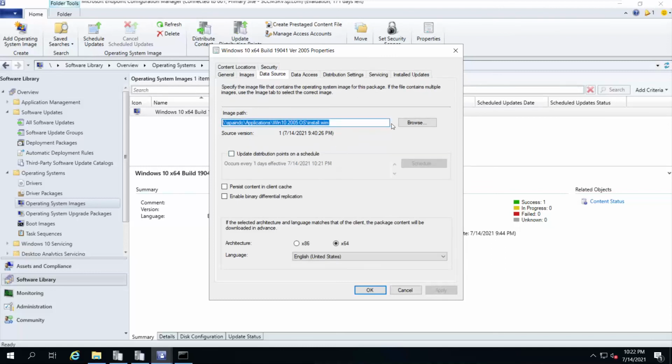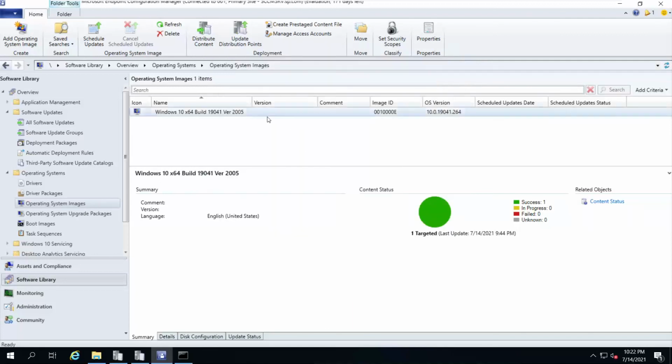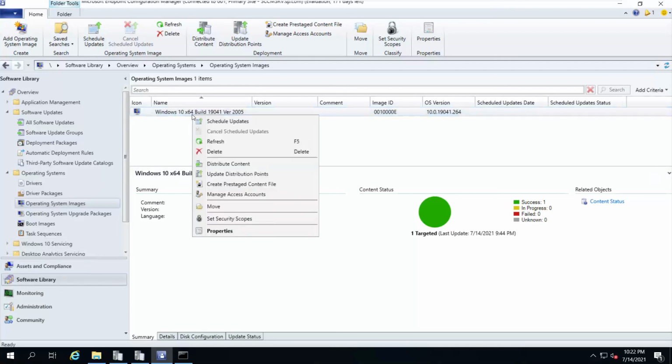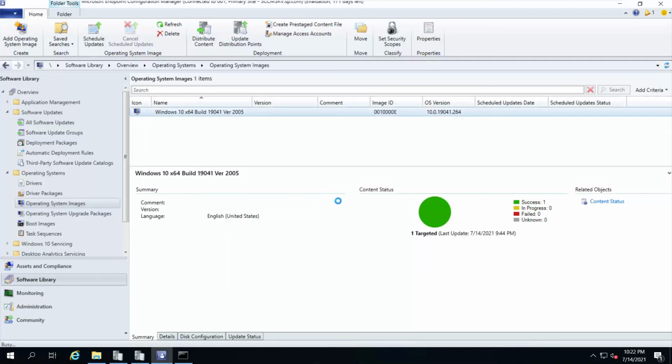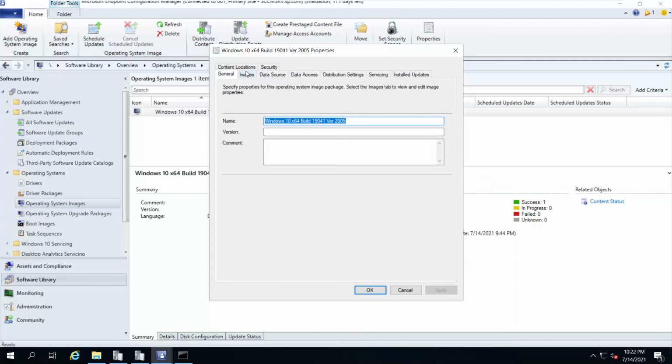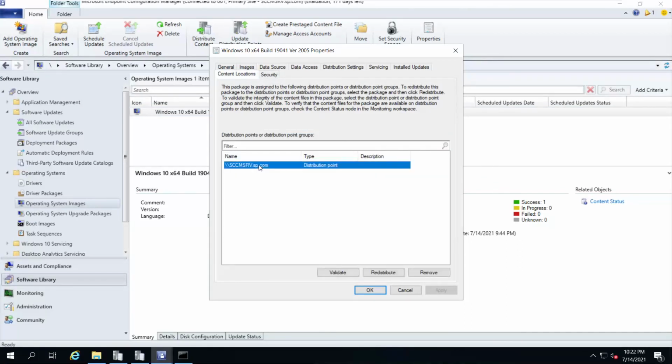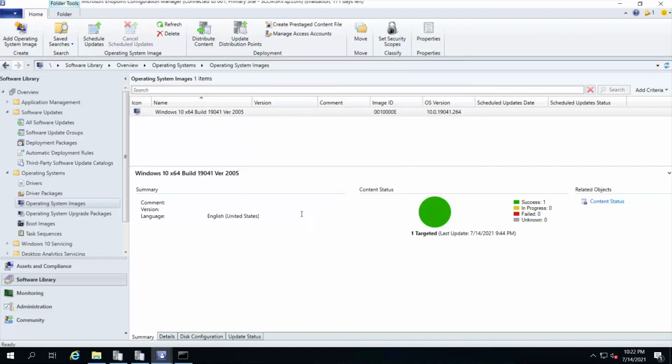So once I modify the data source, how can I redistribute this again? I need to redistribute again. So I can right click and update distribution points, or I can go to properties. Once I have changed the source path, I can go to properties. On the content locations tab, I have my distribution point. I can redistribute it. Then it will be redistributed again to my distribution point.